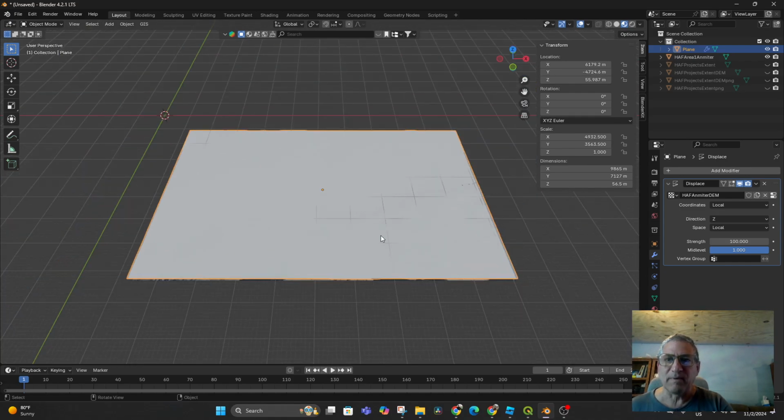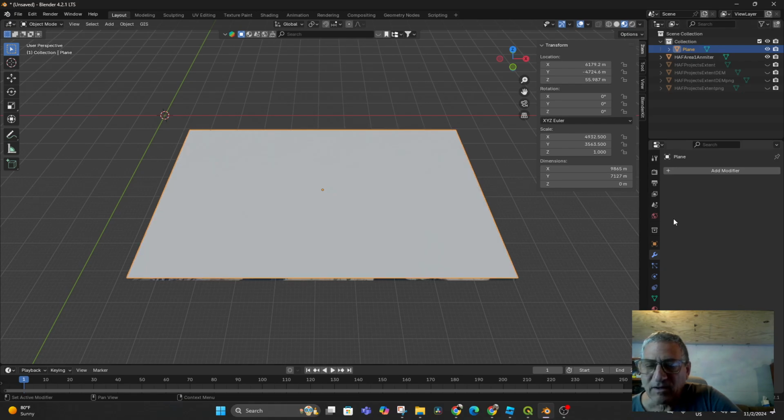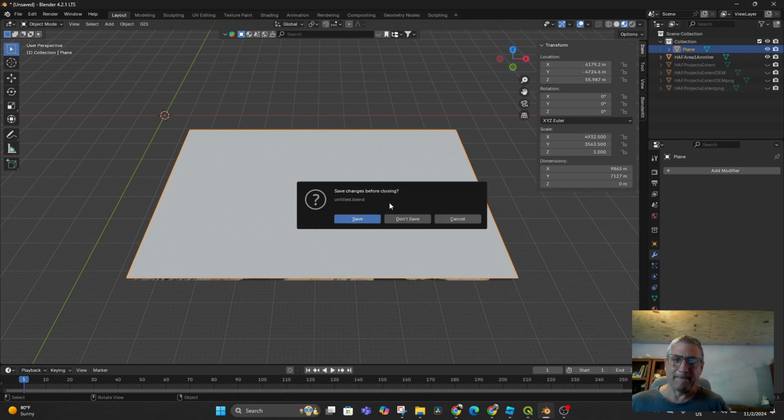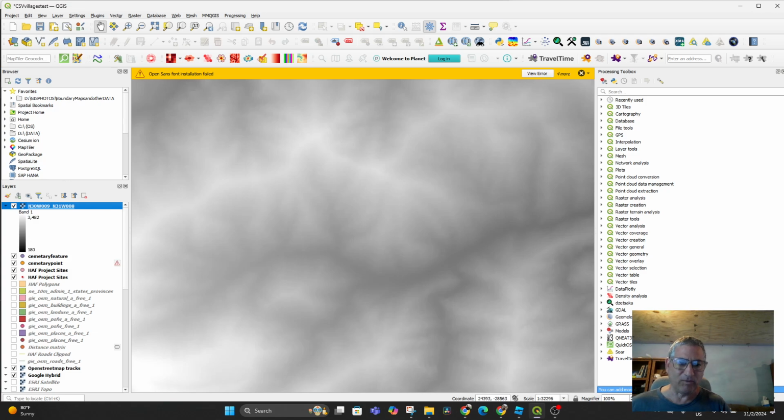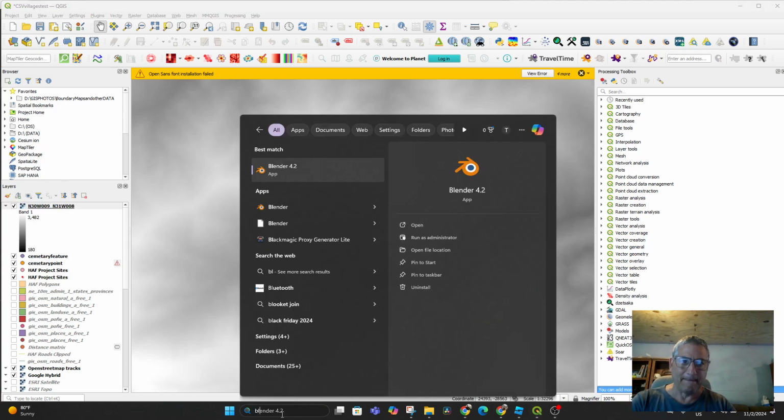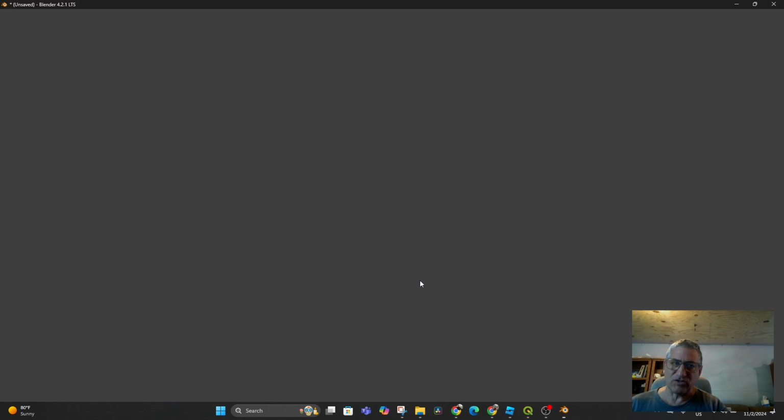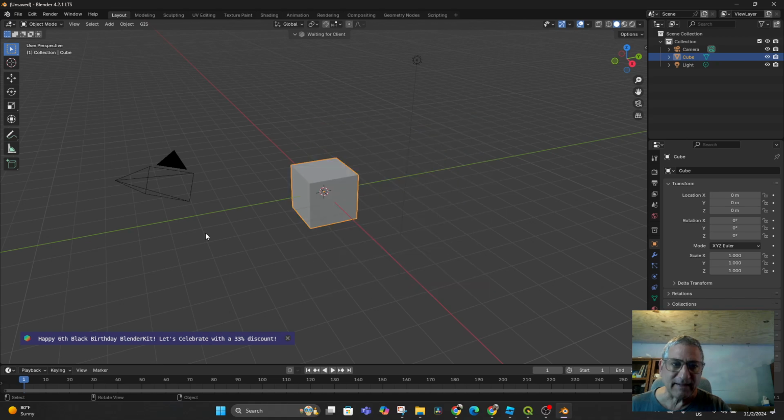Okay, this is really bothering me because it was working earlier today, and now it's not. And I don't understand it. So I'm going to quit Blender, and I'm going to restart Blender, because it might be a cache issue. Now, I'm not sure. If it's a cache issue, then it's a pain, but